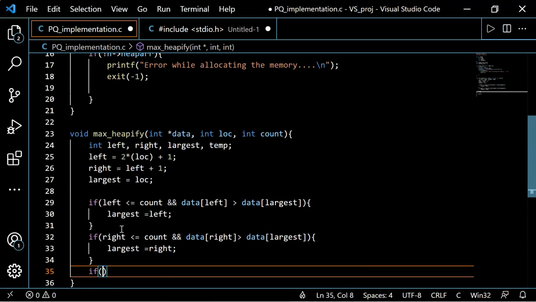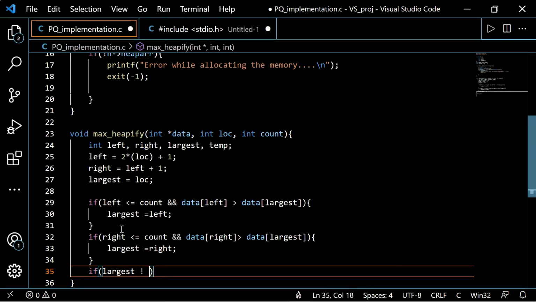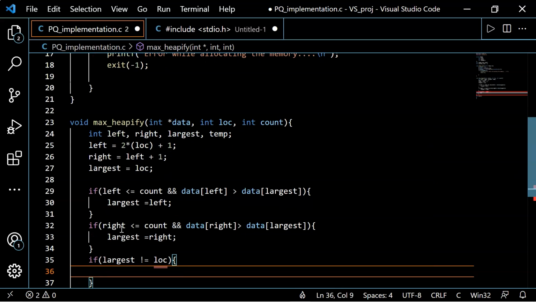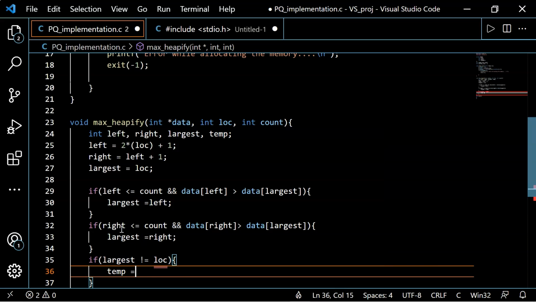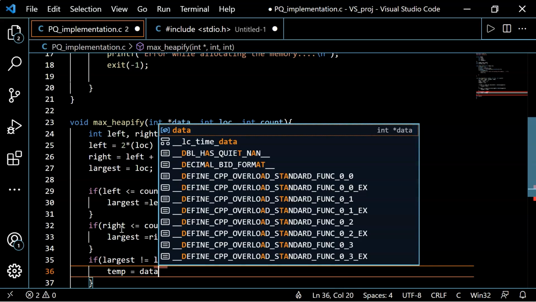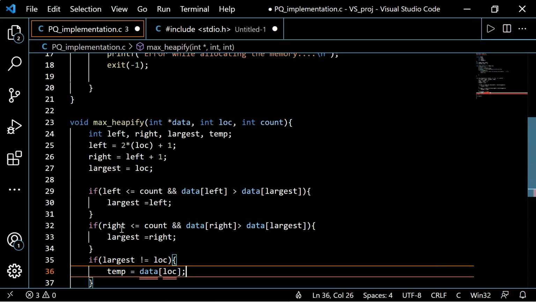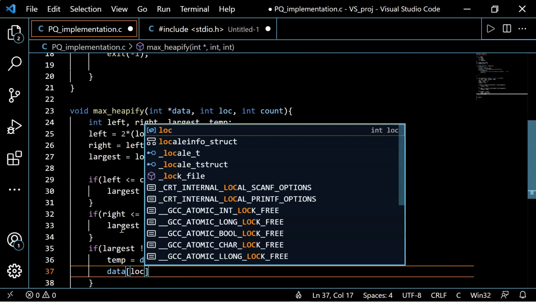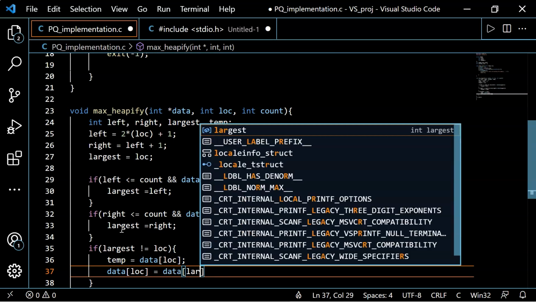Otherwise, if largest is not equal to location, then we will store the data present at location in a temporary variable, and data[loc] is equal to data[largest].